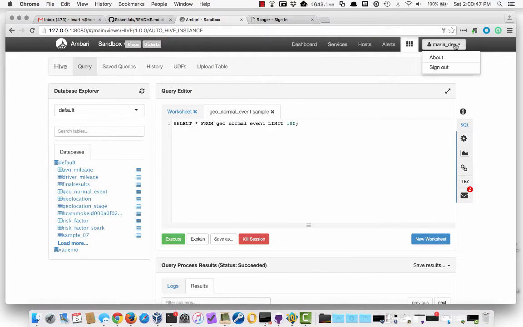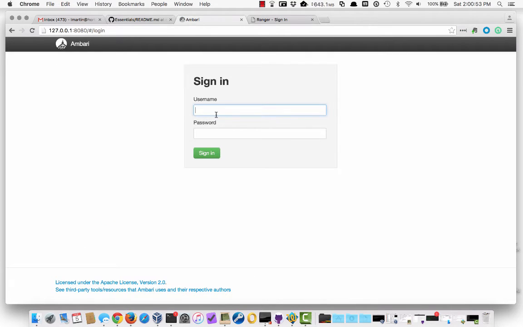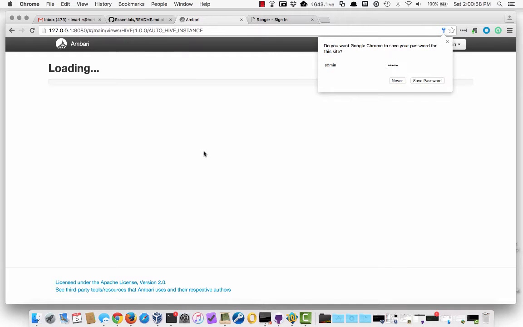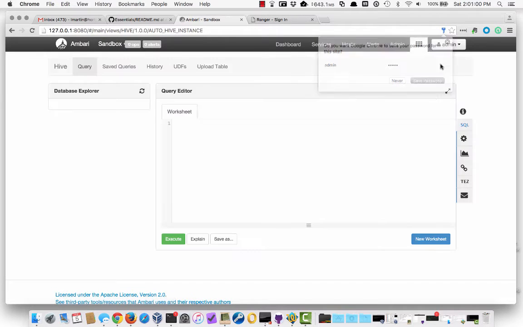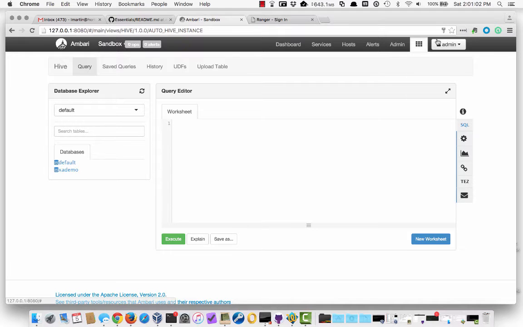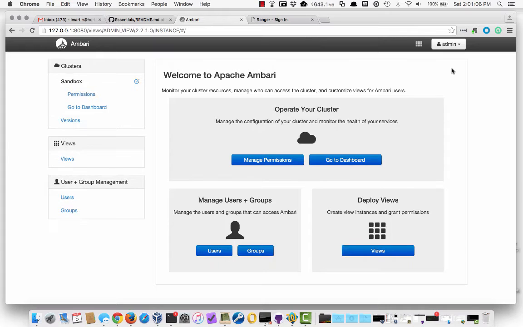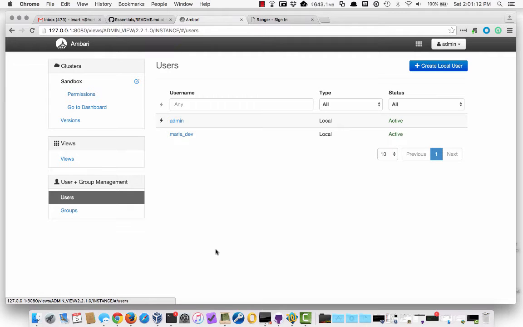We also need to do some preparation for the sandbox, so I need to log back into the sandbox as admin this time. The system has some Linux users already in place, some Hadoop users that we just haven't set up with accounts in Ambari proper. So via Ambari, and again, the demo notes on GitHub walk you through these various steps,